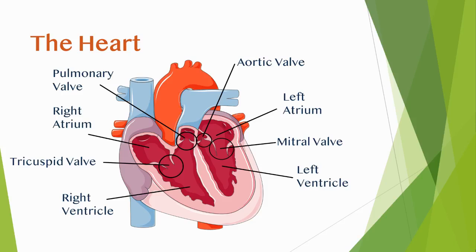Then you have the left atrium, which is going to receive blood back from the lungs. And you've got the mitral valve between the left atrium and the left ventricle. And then you've got the aortic valve, which is between the left ventricle and the aorta that takes blood out to the body. So also, just to give you a little bit of a reference point,